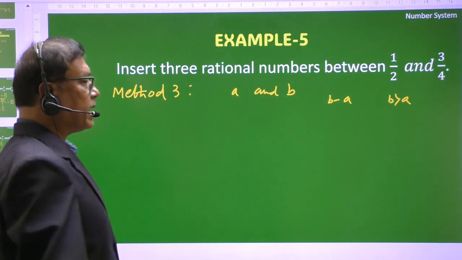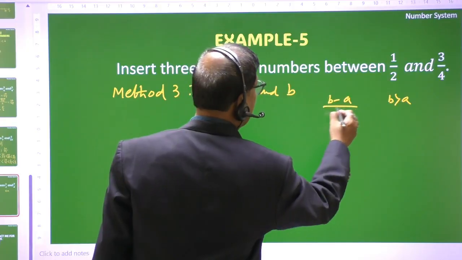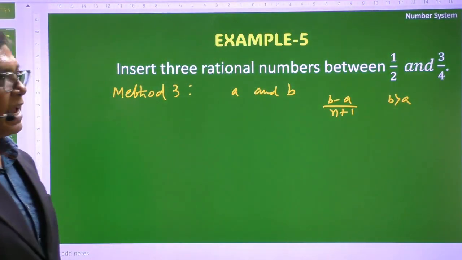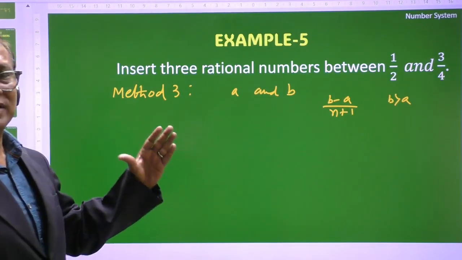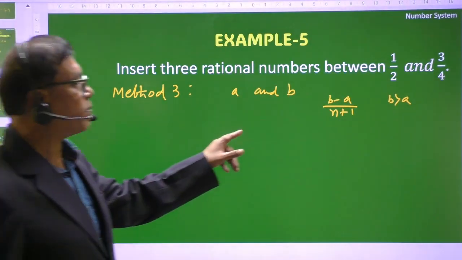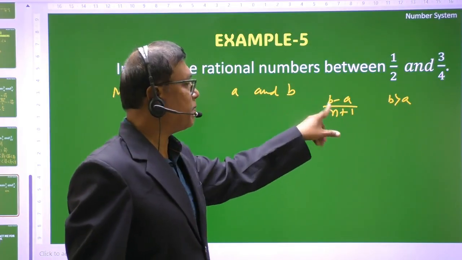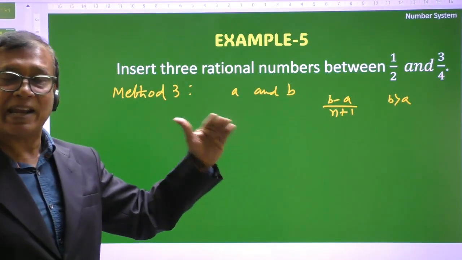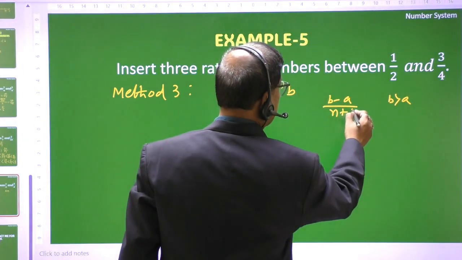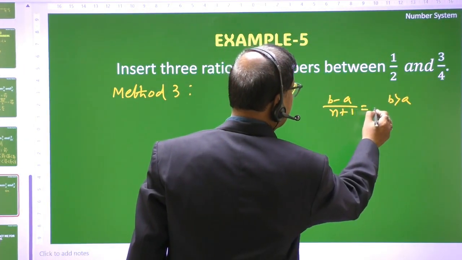After finding B minus A value, we'll divide by n plus 1. What is n? Now if we want to insert n rational numbers between A and B, then we have to divide B minus A by n plus 1. Yes. So B minus A upon n plus 1, if you denote by D,